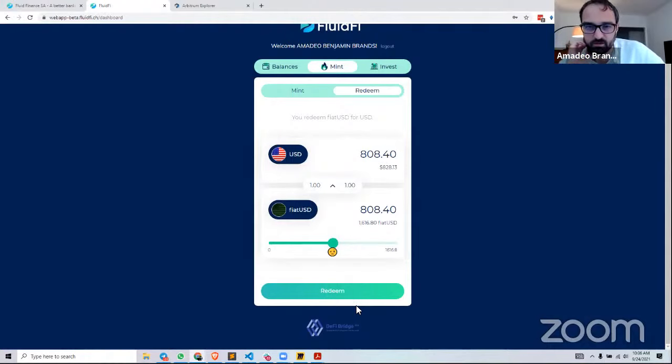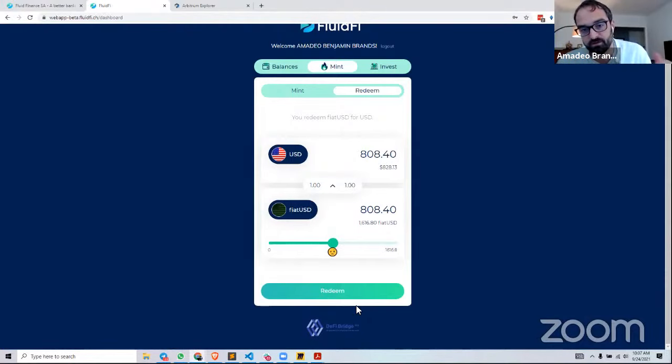So FluidFi is a Swiss regulated bank, which we will also capitalize with security tokens, which Robert will tell more about later, but we're going to do an airdrop to all our community members and people that we hold dear to our heart and that we want to have join us in this adventure to really disrupt the global banking system. And the DeFi Bridge DAO is a protocol that basically creates real-world assets on a blockchain.